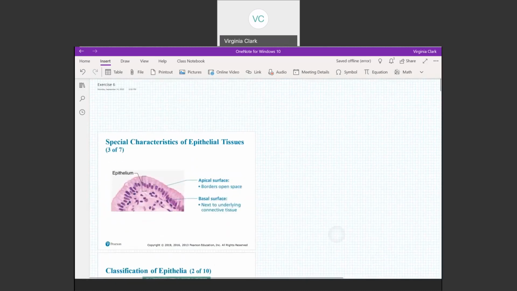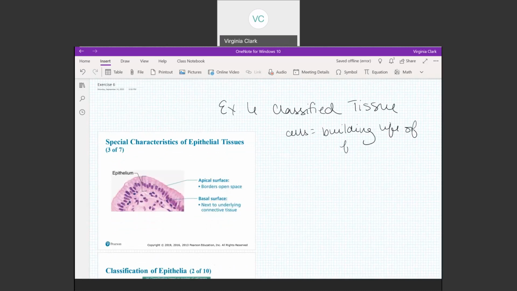Exercise 6, the classification of tissues. So here we're going to start working from the ground up. We've already covered cells, and these cells are going to be the building blocks of life. These were covered earlier, and now we're going to build on these. After you've got these cells, remember when we were talking about the cellular organization,